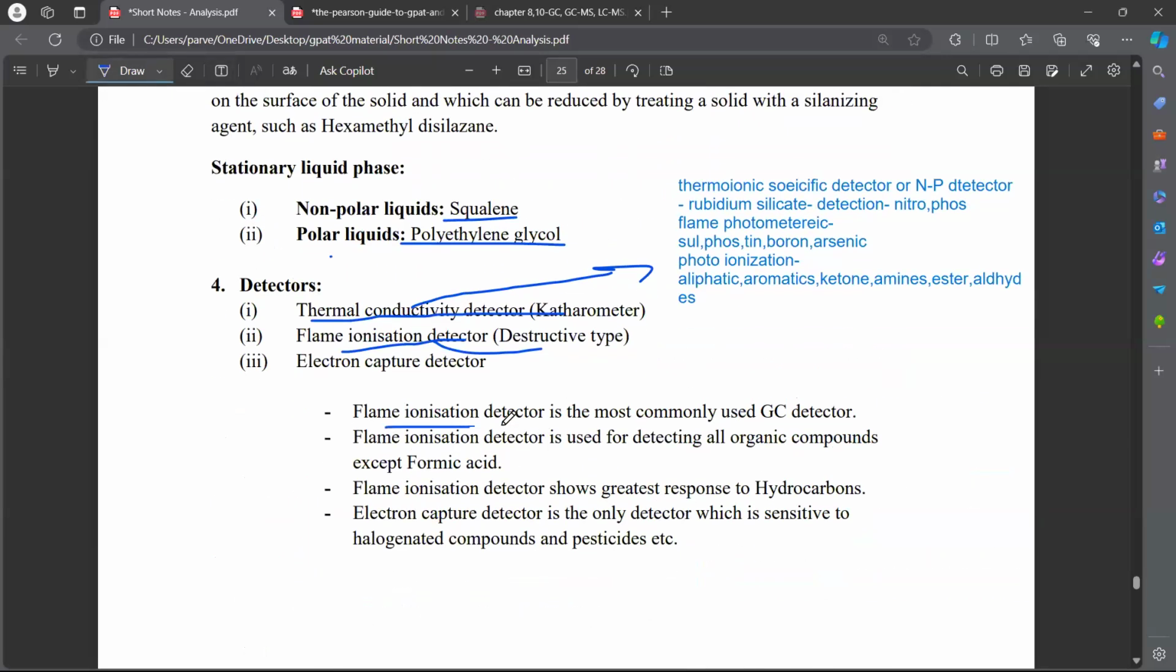So the flame ionization detector is the most commonly used in gas chromatography. It is used for detecting all organic compounds except formic acid. You have to remember it, guys. The flame ionization detector shows the greater response to the hydrocarbons, and the electron capture detector (ECD) is the only detector which is